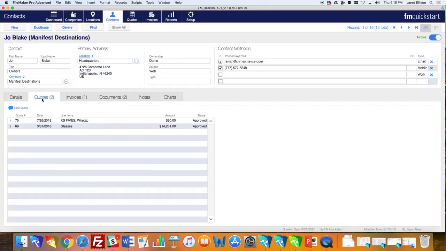And also you got the quotes and invoices associated with these contacts, and it pops up right here. And you can click on the quotes right here to go straight to the quotes module and see those quotes. And you can also create new quotes right here to be associated with this contact. And right here you have the same thing with the invoices, very similar to the quotes. You can create a new invoice right here, what they're being invoiced for, and the status of that.